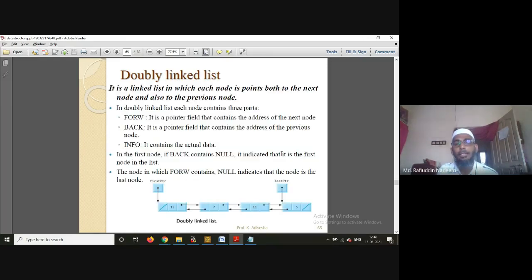And I suggest you people, tomorrow it is anyhow Sunday, try to develop double linked list by yourself. Already you have learned about single linked list.